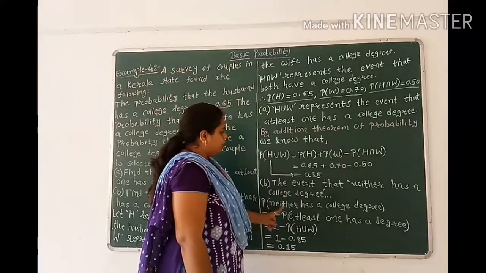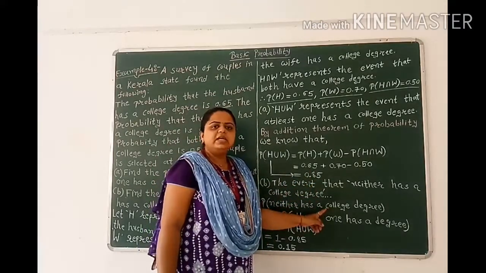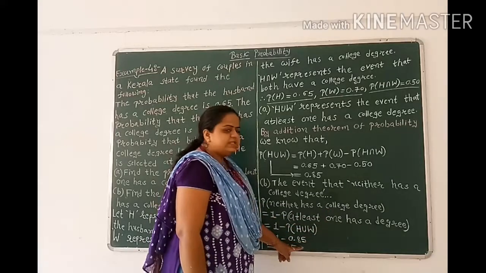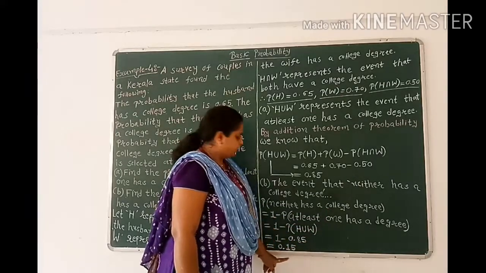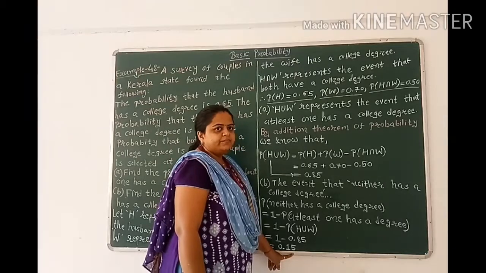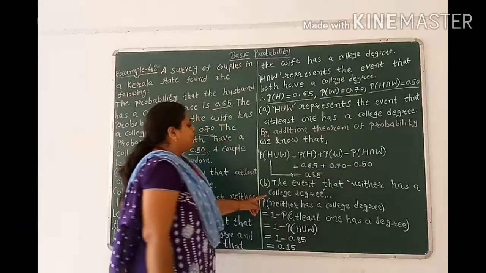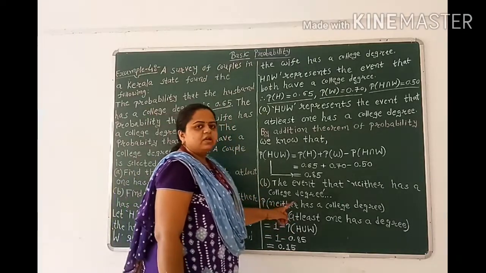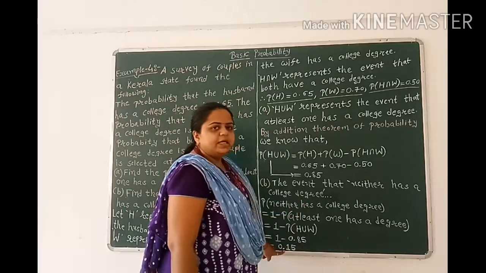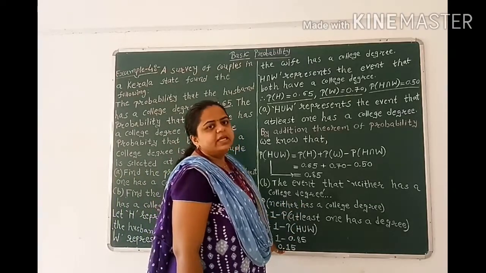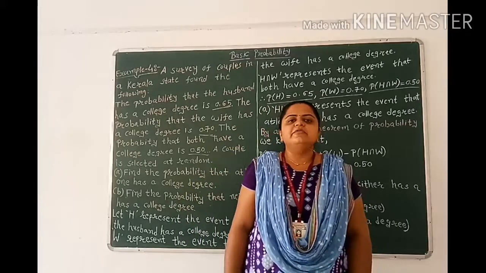So probability of neither has a college degree equals 1 minus 0.85 equals 0.15. Therefore, the probability that neither has a college degree is 0.15. In the next video lecture, we will learn